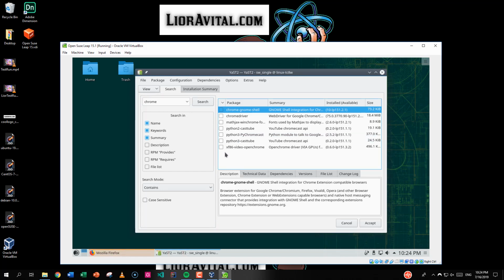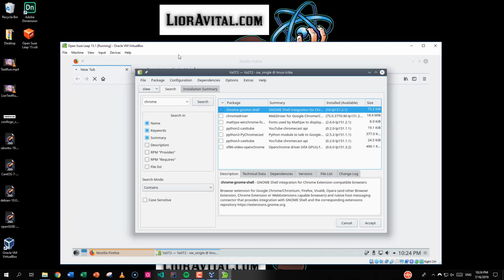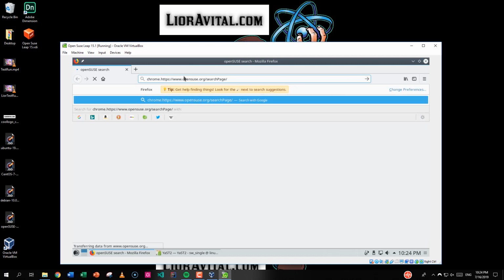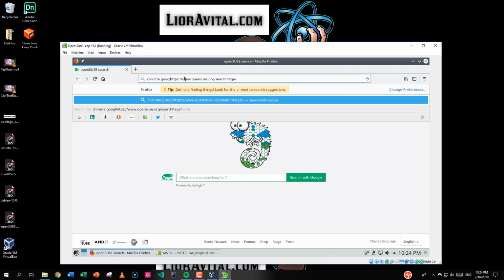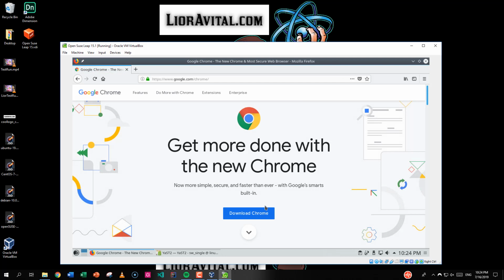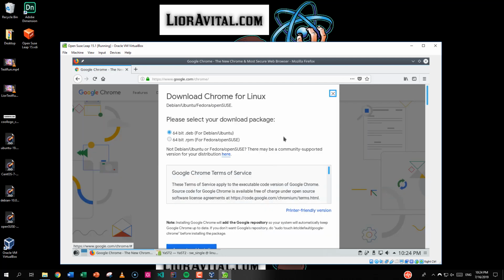Alright. I don't see any Chrome here. And so I'll go to chrome.google.com and I will search for Chrome. Again, I find it as a basic necessity for any developer, any serious developer, to use Chrome, as this is the most